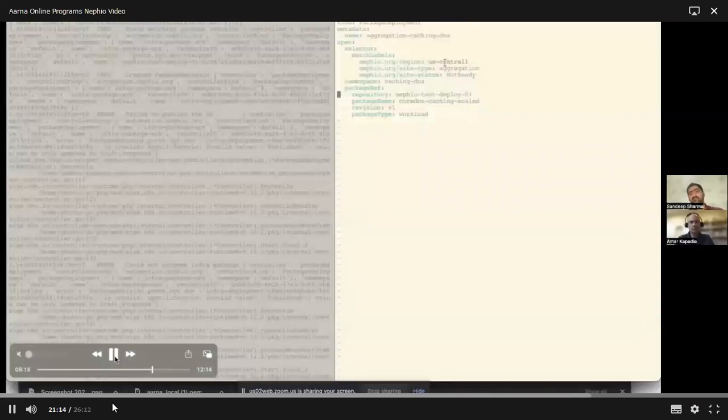This is the workload intent, and at a high level, for this example, it has two pieces of information. One is the information related to the placement, which is US Central one. And another is the source repo, where the caching DNS package is present.